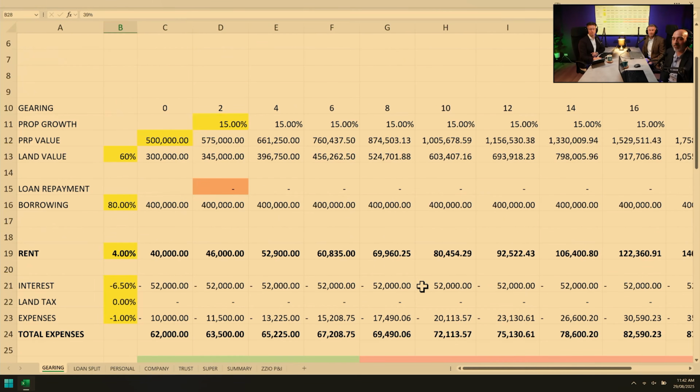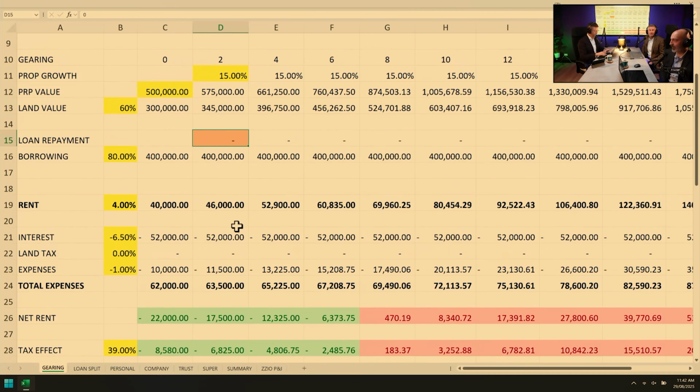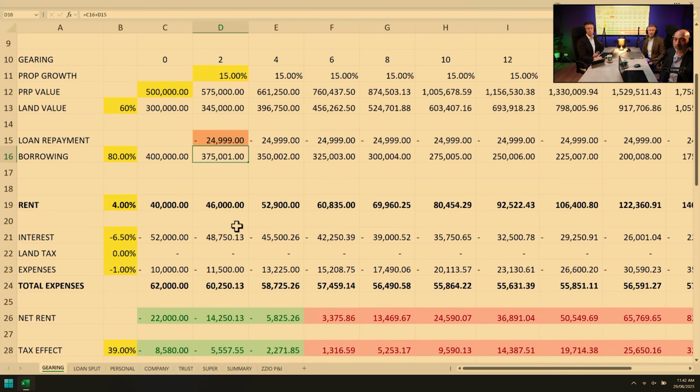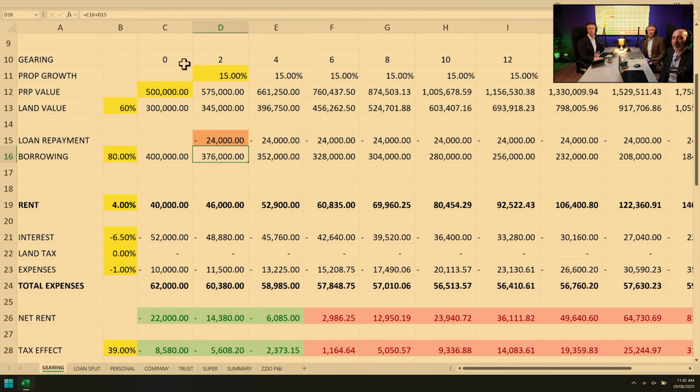If you were to deem and say, I am going to try and pay this off. So at the moment, the net cash flow at the bottom would be after tax. But if we go and put a figure in there, say let's pay off, I don't know, $1,000 a month, that would be $24,000. So negative 24. So we're going to pay $24,000 off a year, equivalent to $1,000 a month.